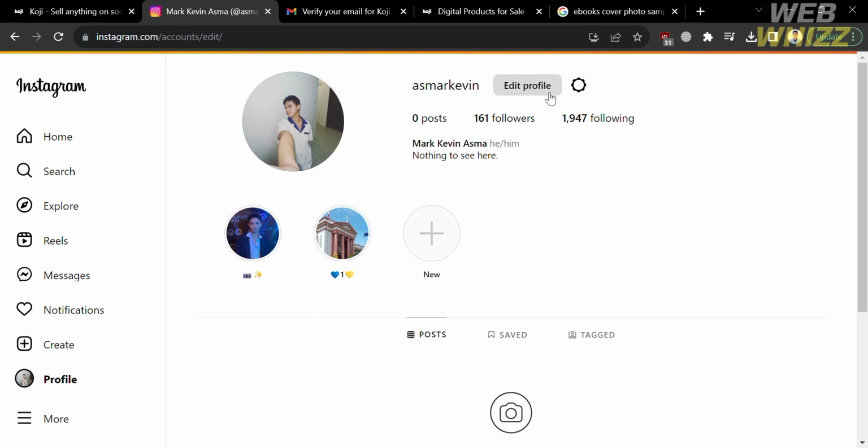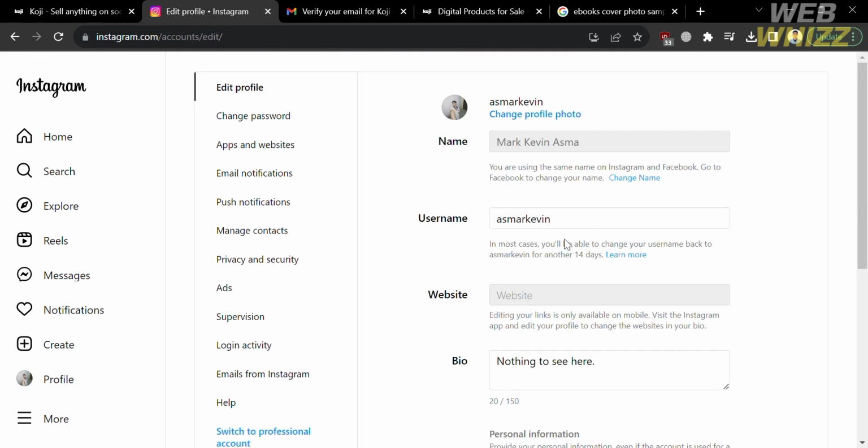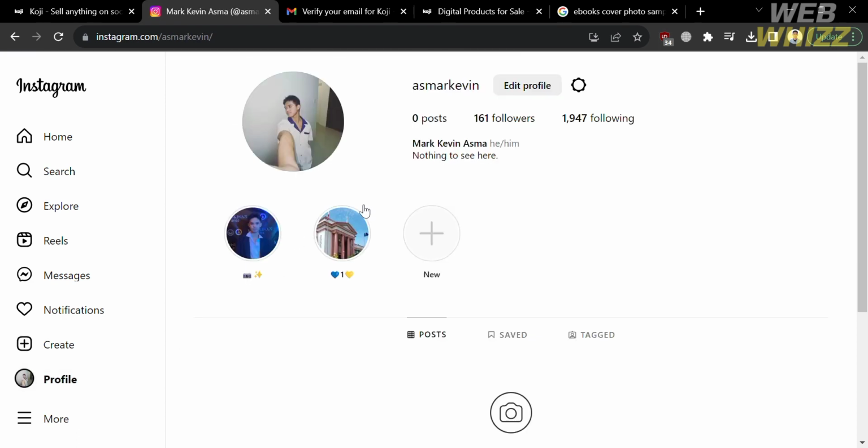By clicking on Edit Profile, you will be able to attach the website using the store link by pasting it in this website section. But you can do that using your mobile phone and not your PC or your laptop. And after attaching the link of your store to the website section of your Instagram profile, your store link will appear below your bio, in which if one of your followers clicks on it, they can start availing or buying your ebook